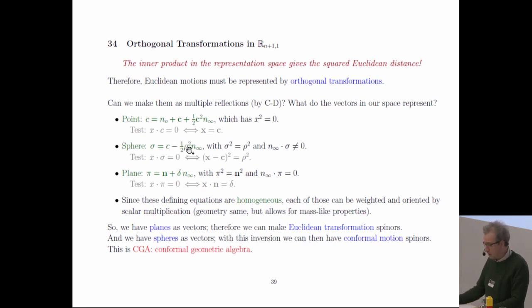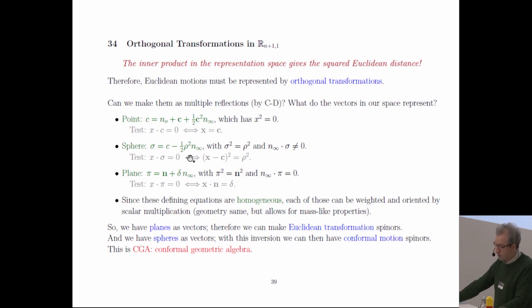We can also make elements of this thing, a point and a bit of infinity. And if I now ask, when is x dot such an element equals 0, I find that I can rewrite this. X dot c is the distance squared. I can rewrite this to this equation. So this is a circle with center point c and with radius rho. Okay, so spheres are